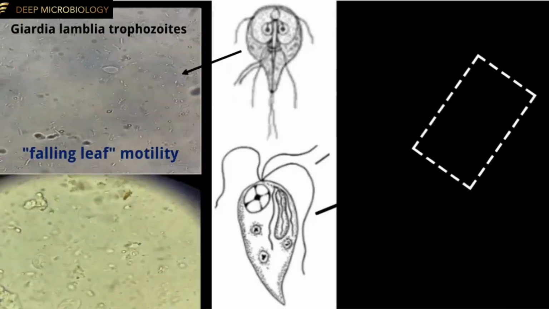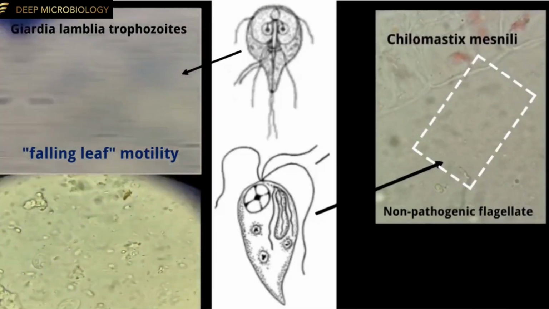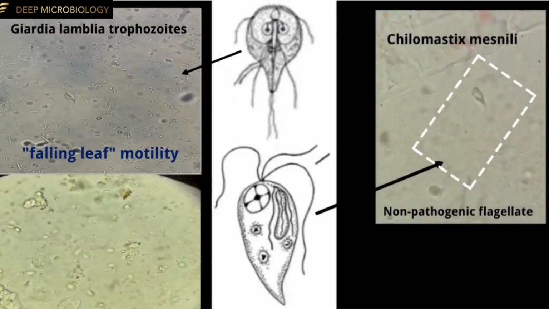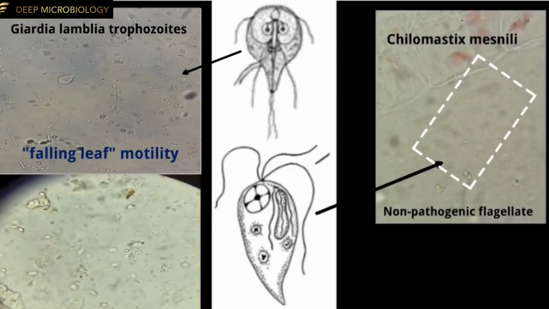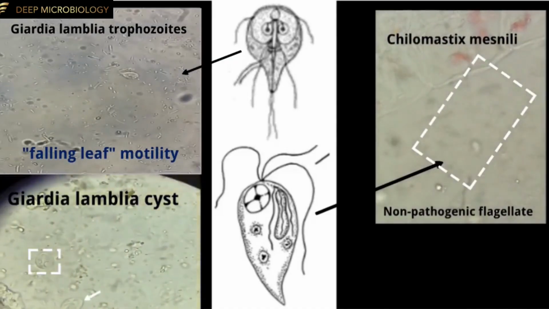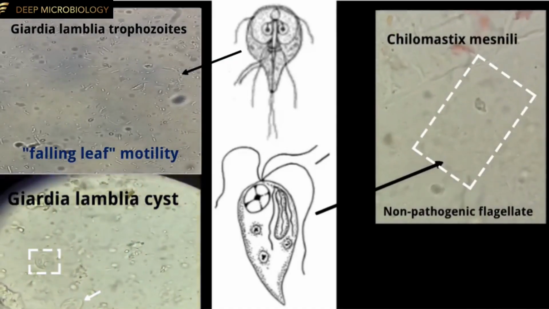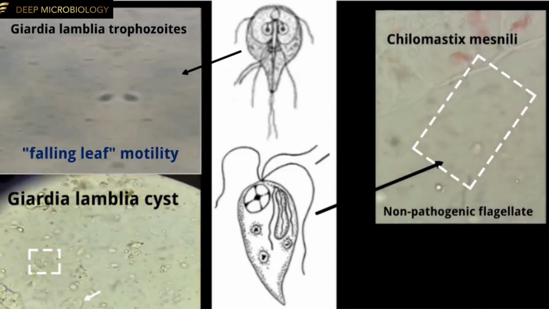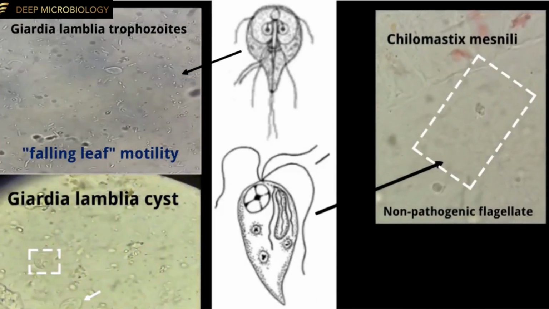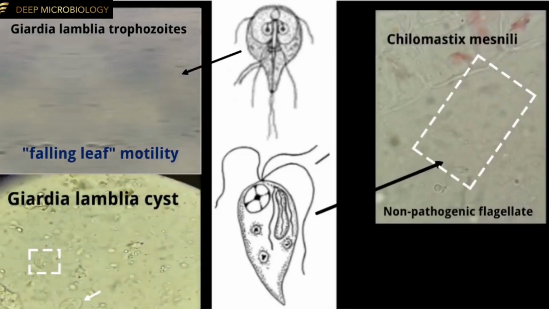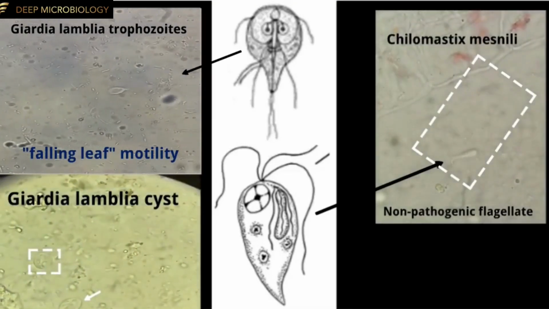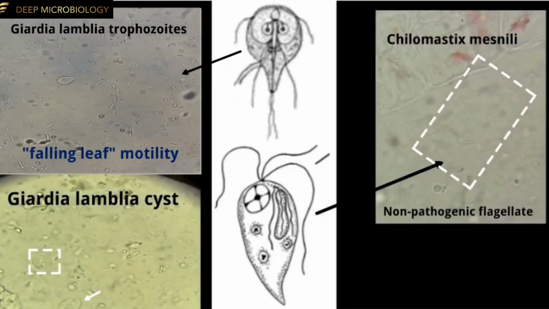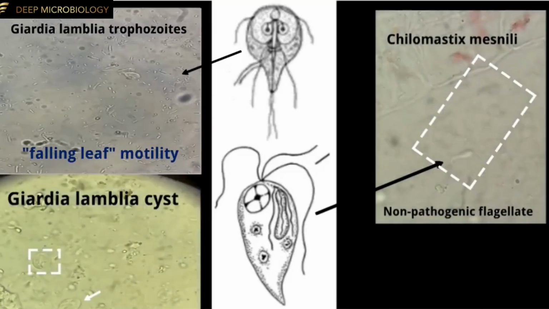Additionally, Chilomastix mesnili is a non-pathogenic flagellate, often described as a commensal organism residing in the human gastrointestinal tract. And here we also observe the Giardia lamblia cyst, which represents the infective stage of the parasite. The cyst is oval-shaped, contains 4 nuclei when mature, and may show axonemes and median bodies. It is highly resistant to environmental conditions, and is responsible for transmission via the fecal-oral route, typically through contaminated water